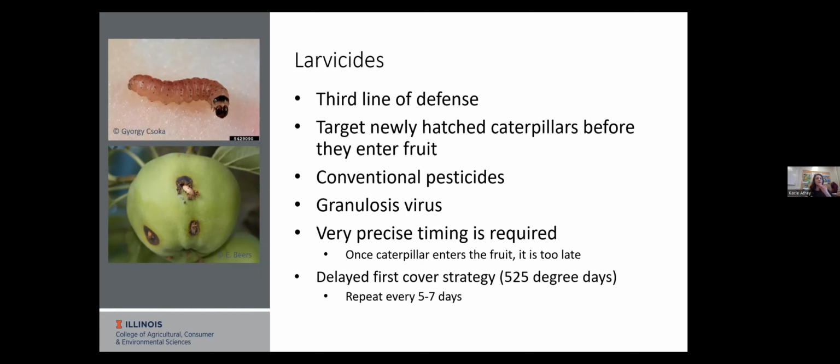So again, if you find as you start in your orchard that really all you have is codling moth, you can be very targeted at controlling codling moth. You can use mating disruption, you can use granulosis virus that is not going to affect anything else. But again, going to have very precise timing here. And again, I'll just mention there's degree days there as well.